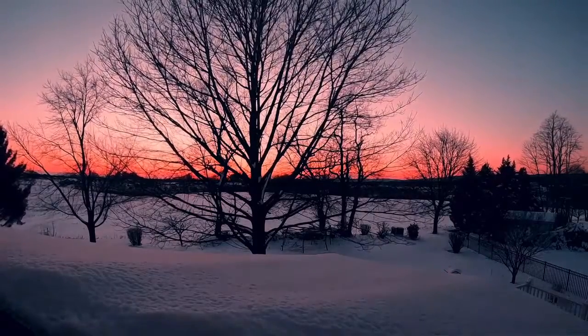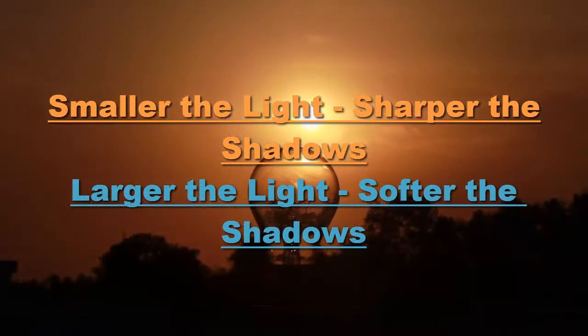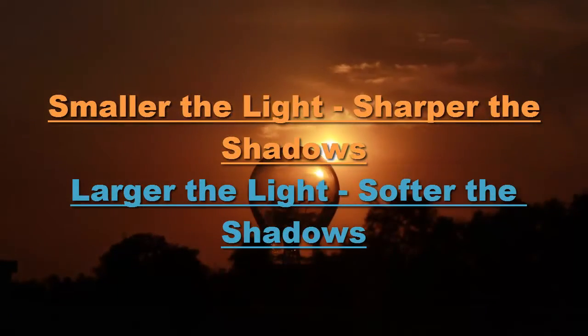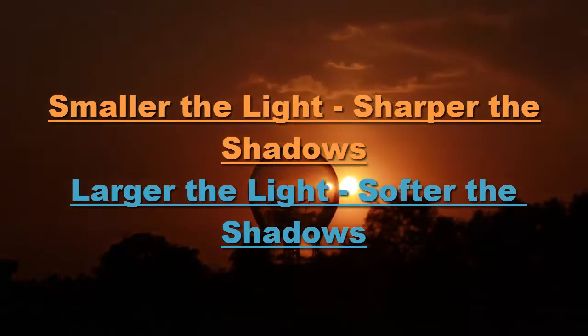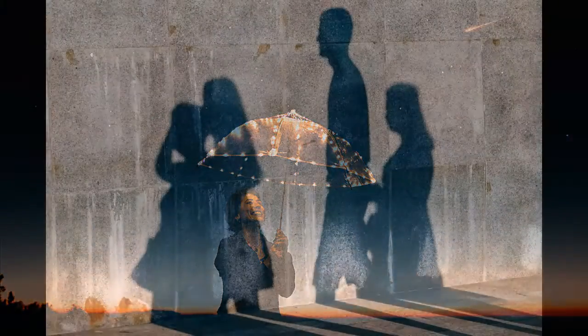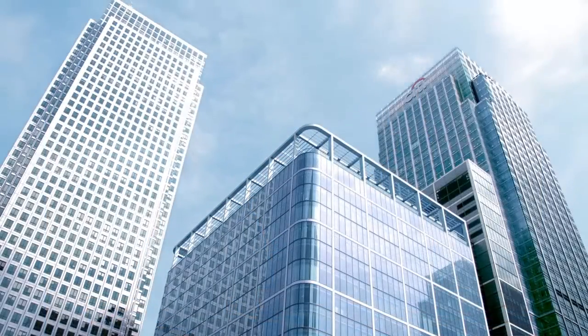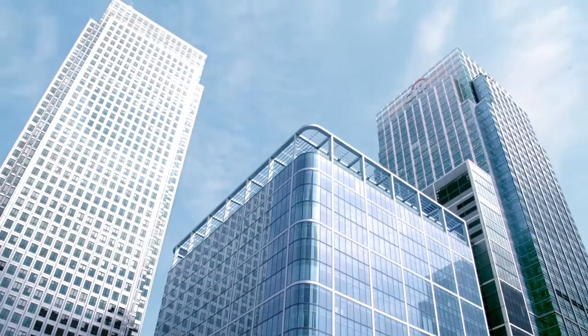Before we end this video, let us remind ourselves again of the golden rule of lighting: smaller the light, sharper the shadows; larger the light, softer the shadows. We will see constant repetition of this phenomenon in every scene we study and observe. I hope this video has clarified the concept of the key light and fill light, and stay tuned for many more videos covering the basics of lighting, which will eventually help us while lighting each and every 3D scene in any given software.